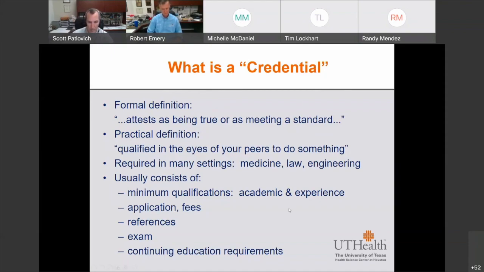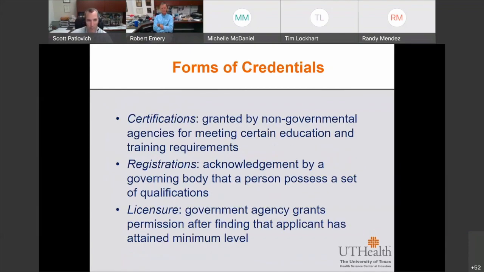And then once you obtain the credential, there are always going to be some continuing education requirements. So you need to think long and hard about what professional certifications might make the most sense to you. And then once you understand which ones you might want to pursue, you need to think about the time commitments, the financial commitments, and also just the burden of obtaining and then eventually maintaining the credential. Each one of these steps, the application, the exam, and the continuing education requirements, or what we call credentialing maintenance, is going to cost money. So how is that going to be supported?